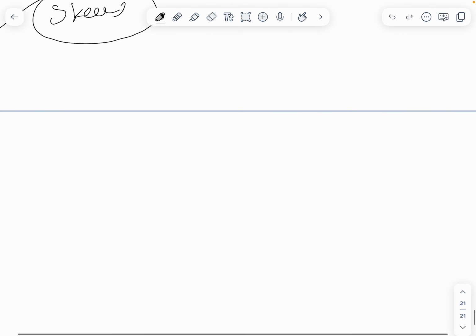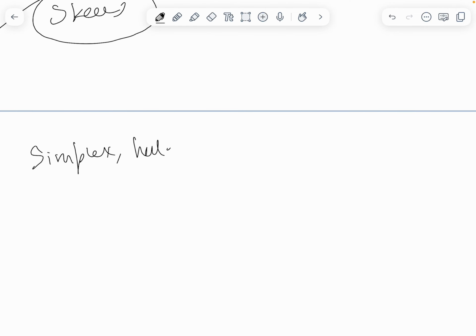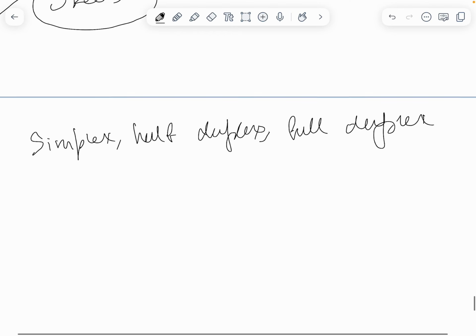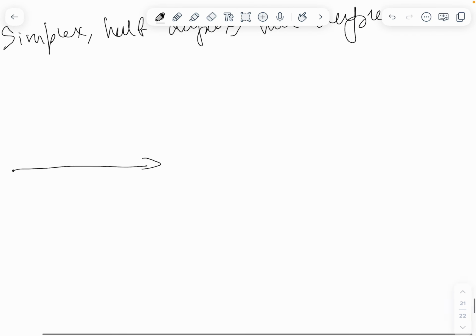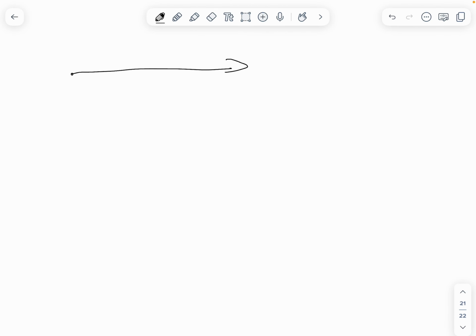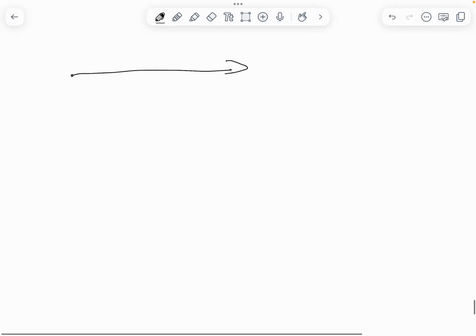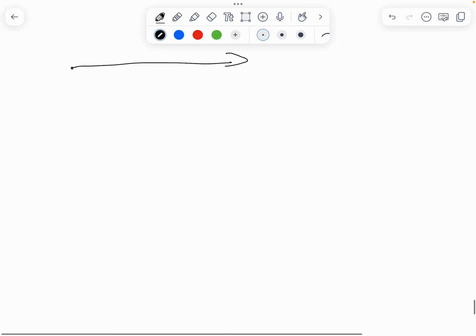Furthermore, talking about this topic, we have the simplex, half duplex, and the full duplex. Very, very easy topic, this one. Simplex data just travels in one direction. Half duplex is where they can travel in both directions. It's just that the data is only able to,